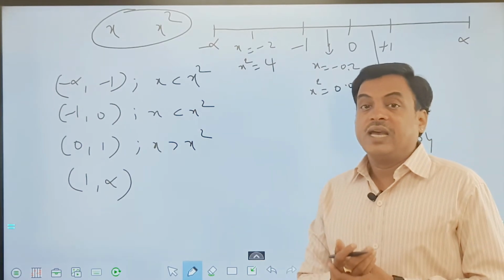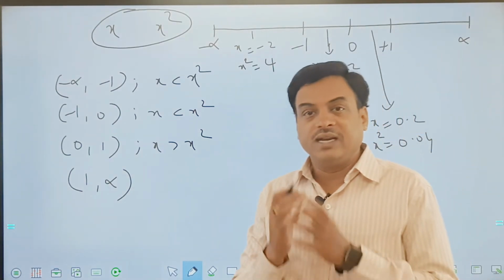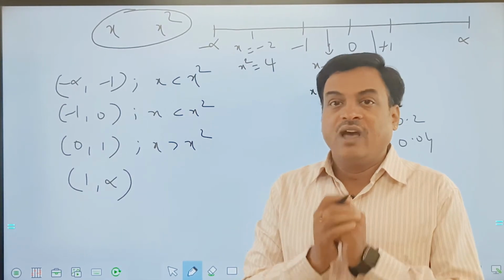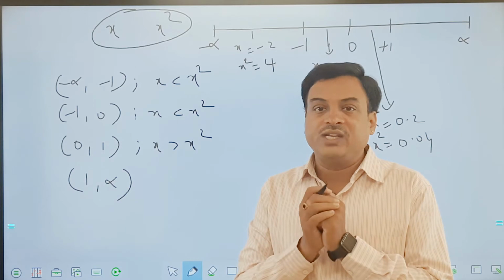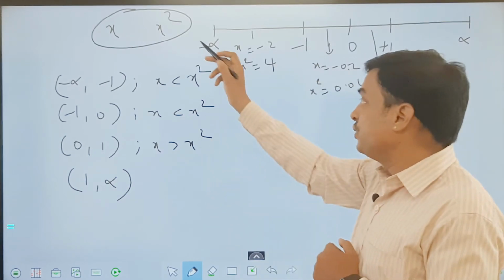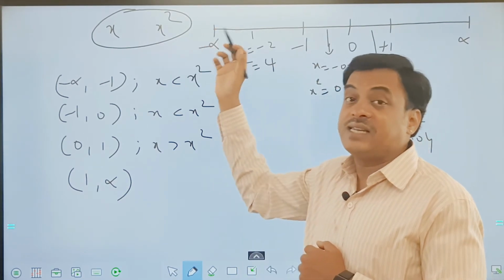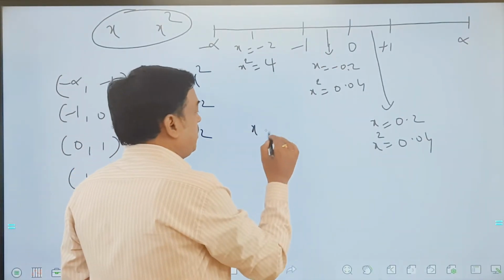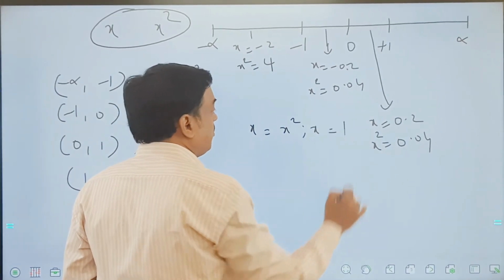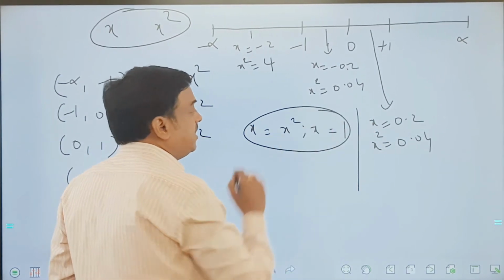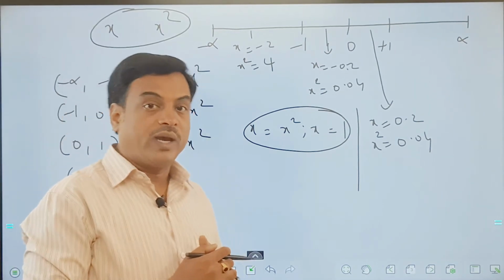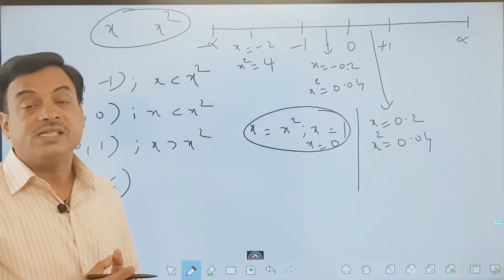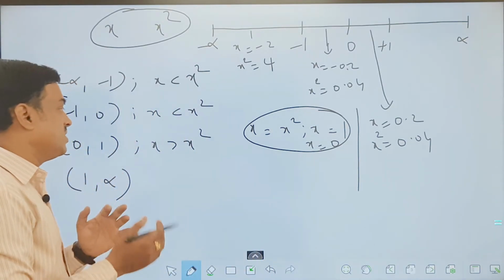Now if someone says x square is always greater than x, then for certain values yes and for certain values no. So I want you to understand which range of numbers takes the condition x greater than x square or x less than x square. And for what values is x equal to x square? We all know x will be equal to x square when x is equal to 1. So this is one condition where you find x is equal to x square, or if you also take x is equal to 0, then also we will find x is equal to x square. For certain values, yes. For certain values, no.